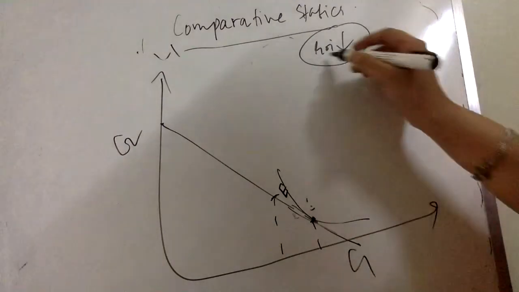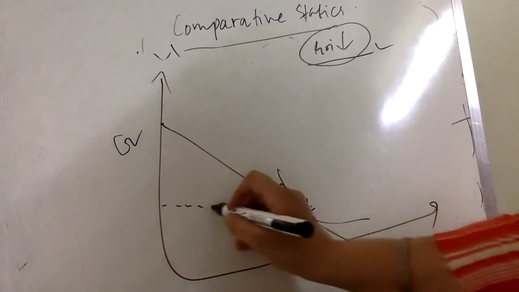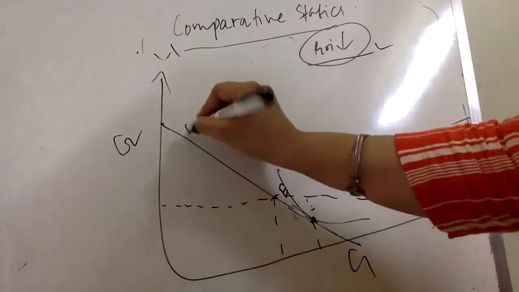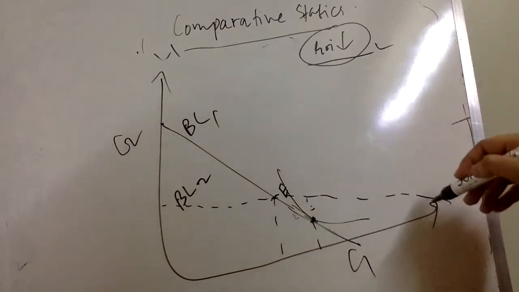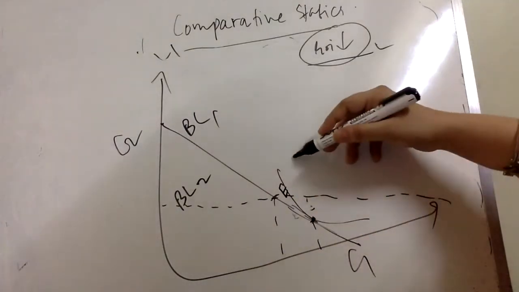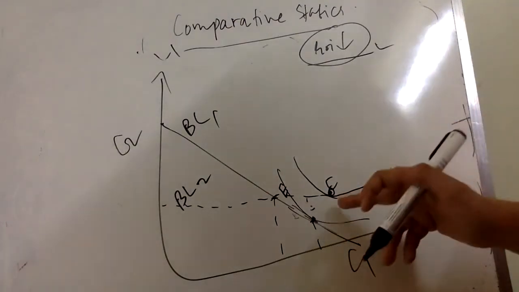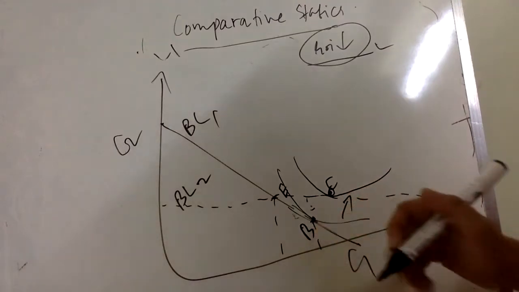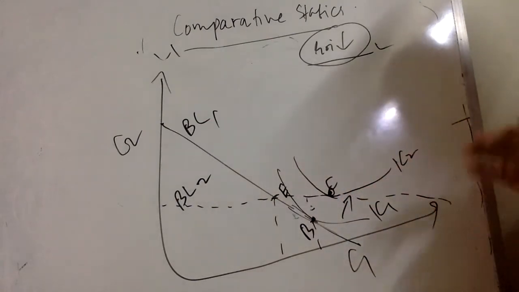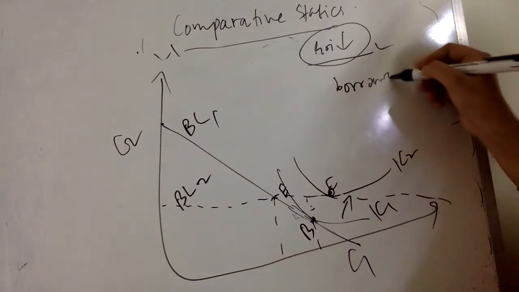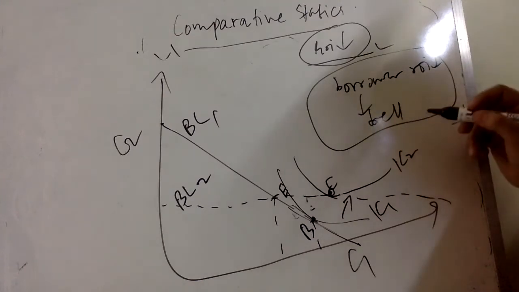Graphically how do we depict that? If the rate of interest falls, the slope becomes flatter, the budget line becomes flatter, and I move to a budget constraint like this, a flatter curve. See this is BL1, this is BL2, the flatter curve, and on this given budget line, my indifference curve which is tangent to this new budget line will be at a point like this. So this is point C. This is point B, and at point C I am definitely better off. Here is IC2, my utility level is much higher at point C. So as a borrower, if the rate of interest falls, that's how we can show that he is strictly better off.